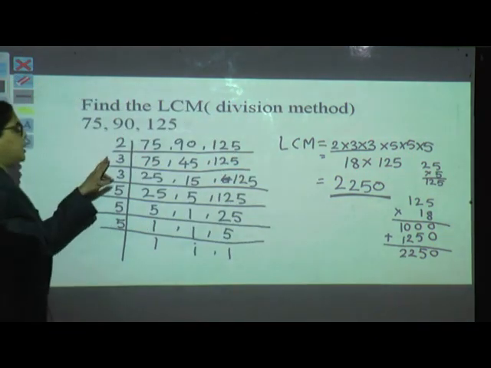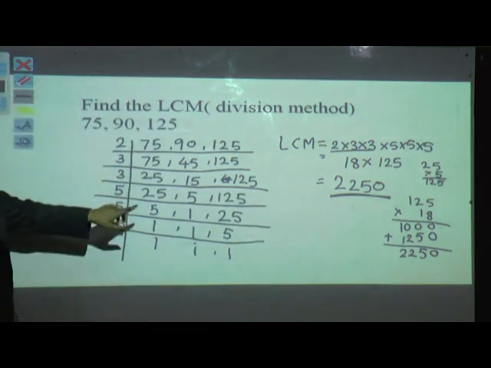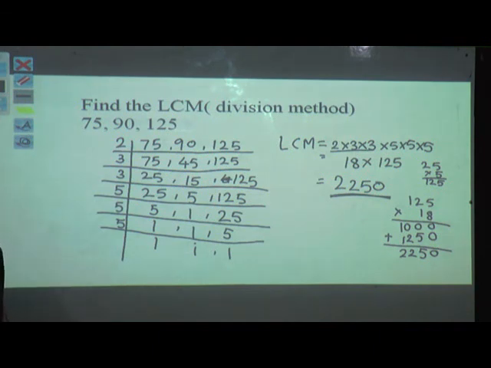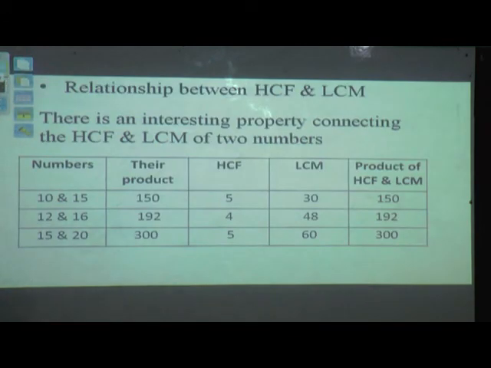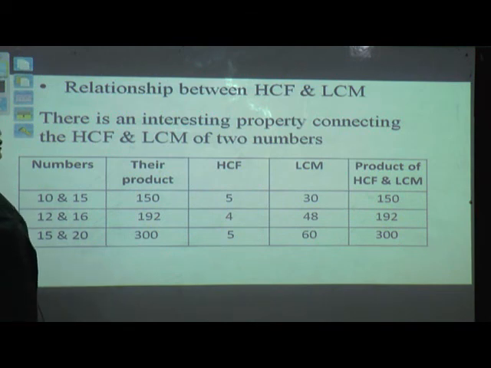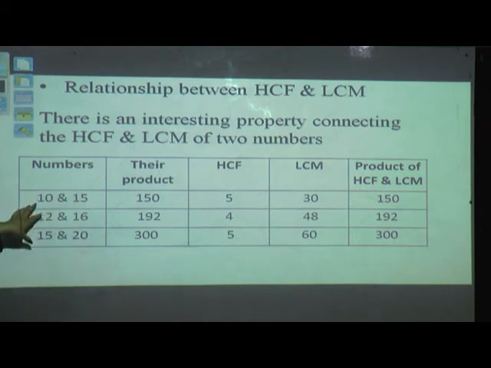So in this way, step by step you have to follow and do the multiplication properly. So I think everyone understood how to find the LCM of the given numbers step by step. Now we will see the relation between the HCF and LCM. We already learned that HCF means highest common factor and LCM means least common multiple. I will explain here because I had already written it, and in the next few minutes we will see how to solve the relations between these.